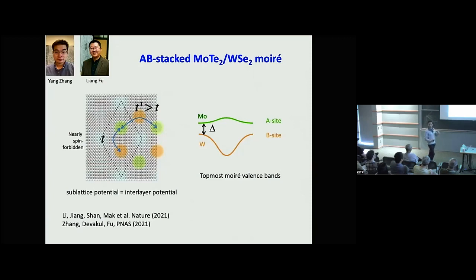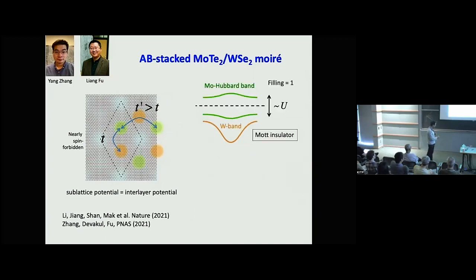So if you apply a vertical electric field, you can produce a Stark shift between these two bands. And that Stark shift is exactly equal to the sublattice potential difference. So the sublattice potential difference in this system is continuously tunable by the electric field. Okay, so this is at least a very simplified version of the band structure calculated by Liang Fu and collaborators for